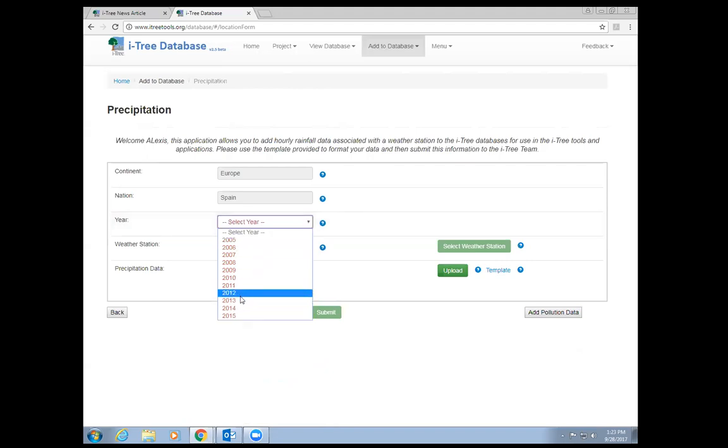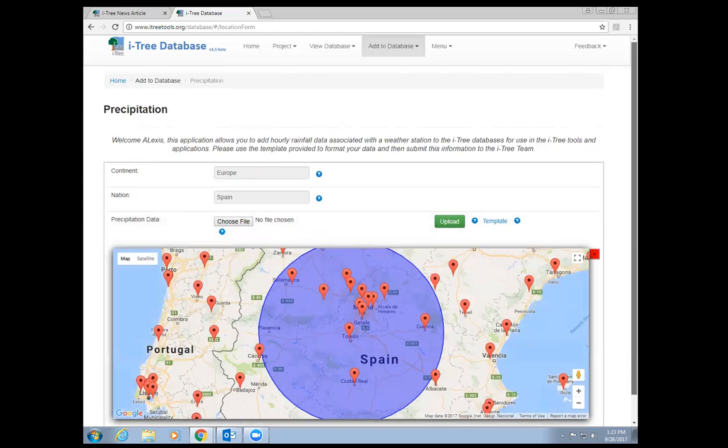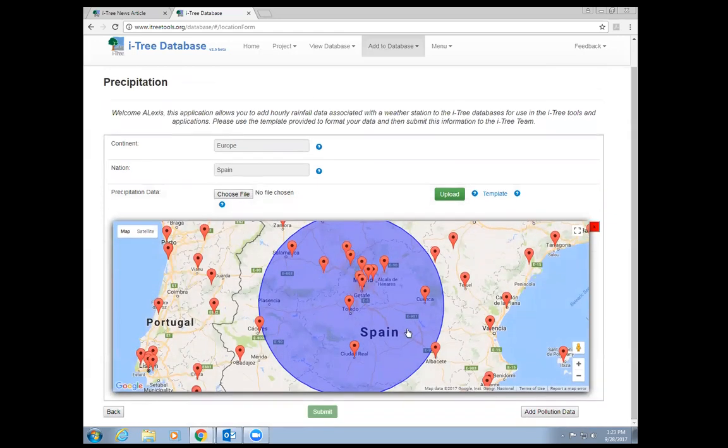So we'll assume we're looking at the year 2013. Say that's the data you have. You then select a weather station. And these weather stations are color-coded based on the quality. So most of the data, we can still run it through the model, but it's red because it's maybe poor. It might be missing